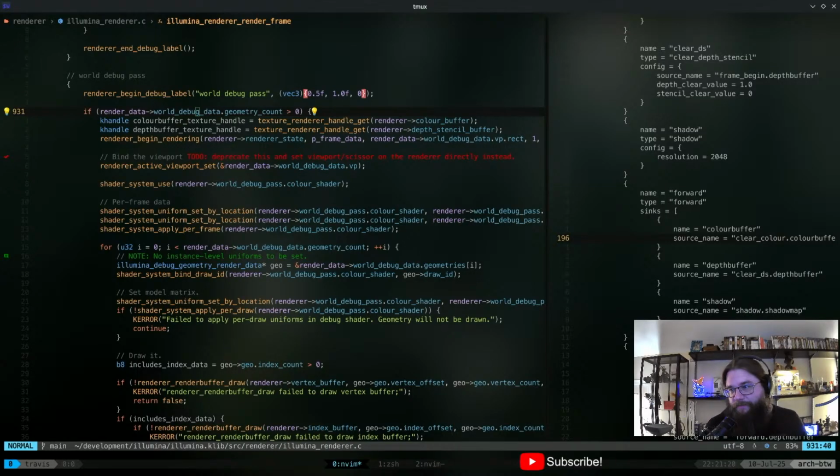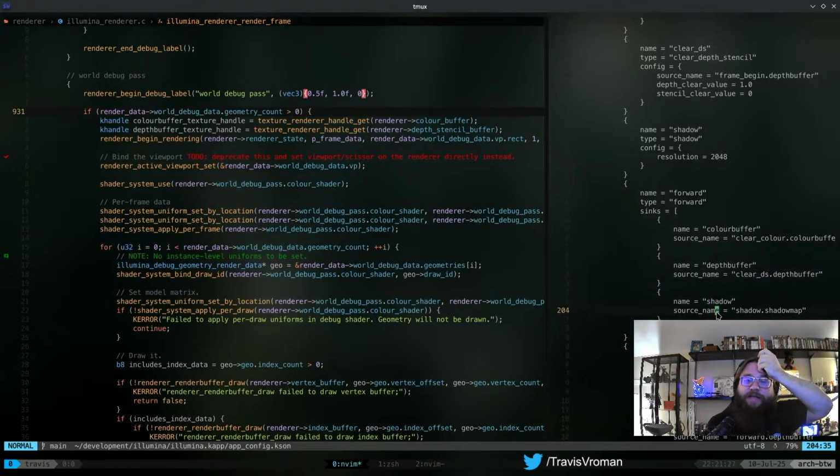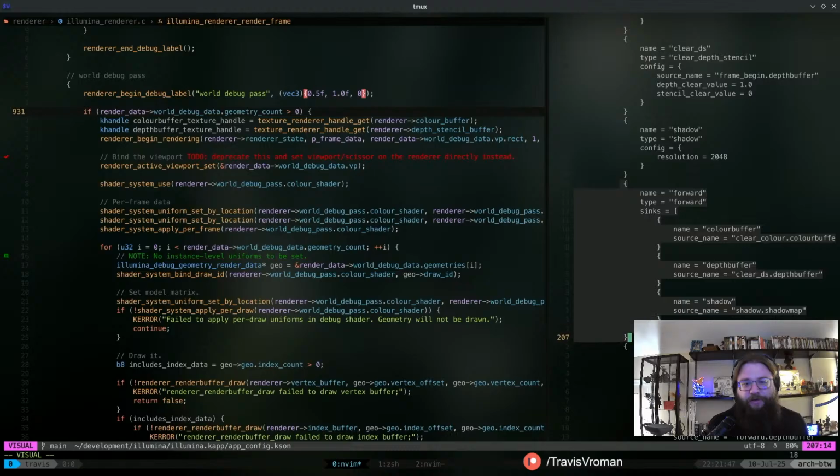All right. Gotta admit, render graphs are cool. They are cool, right? It is really neat to be able to just configure this stuff in text, but there's so much code overhead that goes into being able to do this that it's just not worth it for our stuff, right? If I was making this to be a super generic engine that was maybe a replacement for Unreal or Unity, and I was trying to compete in that space, maybe we would consider keeping this, but I'm not competing with that because I'm one dude, right? So,